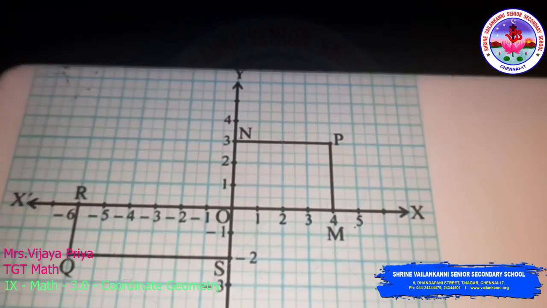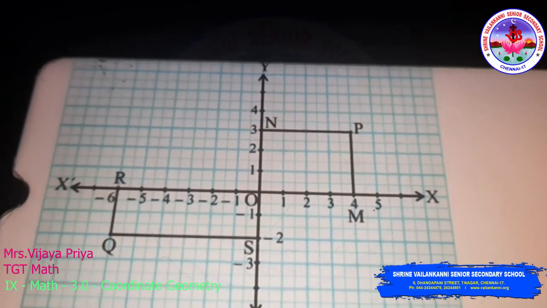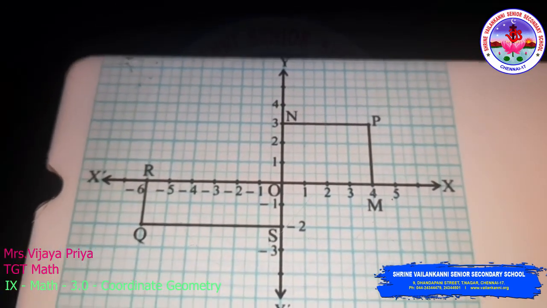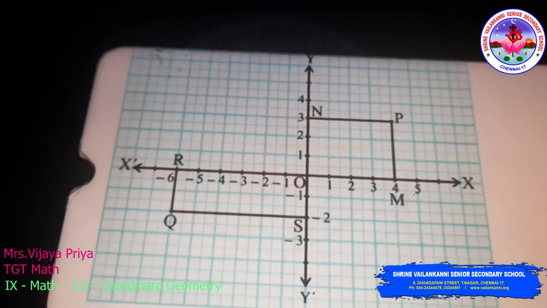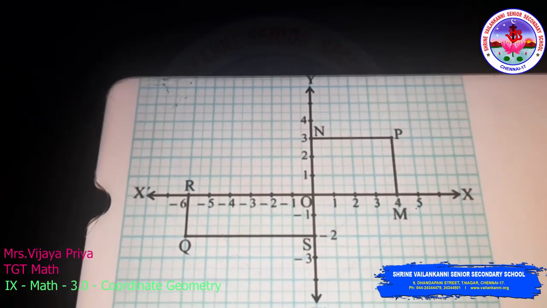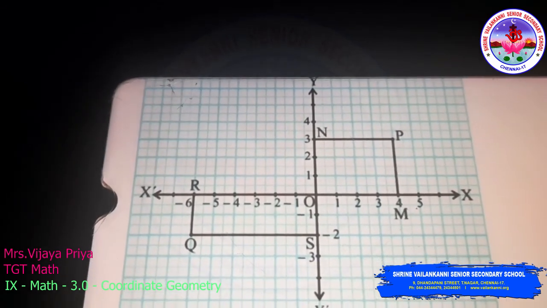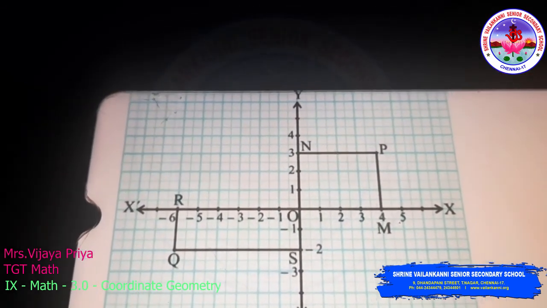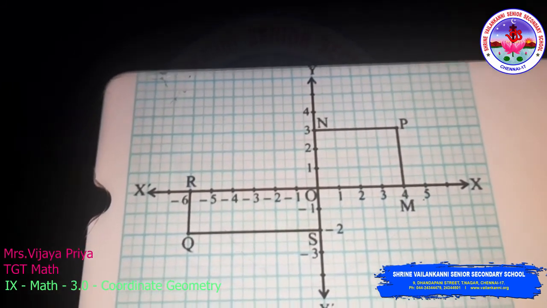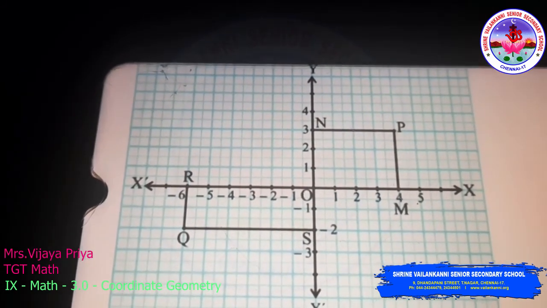Let us consider one example where we are marking the points P and Q on a Cartesian plane, that is, on a graph sheet. We want to find out the coordinates of the points P and Q. First we will find the coordinates of P. We need to find the x-coordinate of P, which is the perpendicular distance from the y-axis. So my x value will be 4, whereas my y value will be the perpendicular distance from the x-axis. So the y-coordinate of P will be 3. So my P coordinate will be